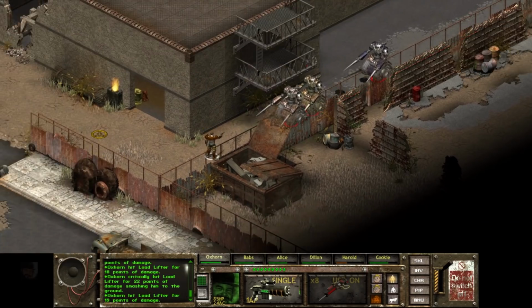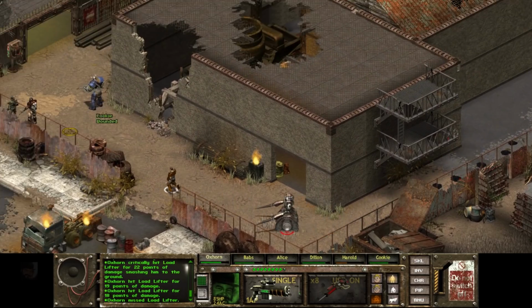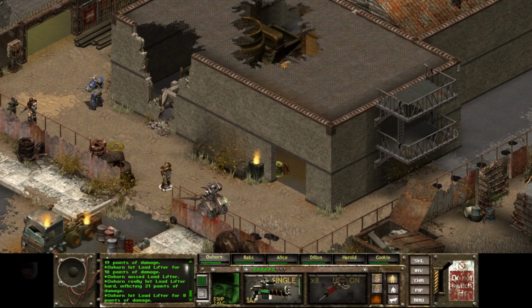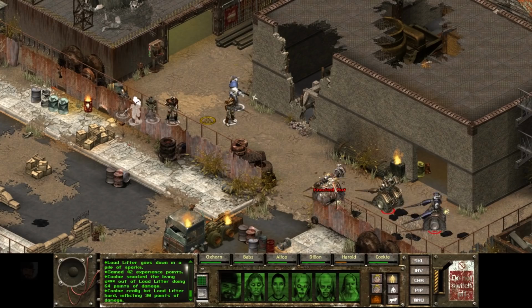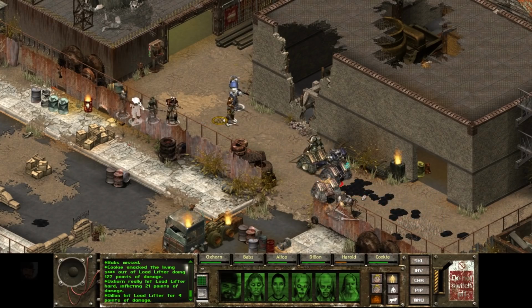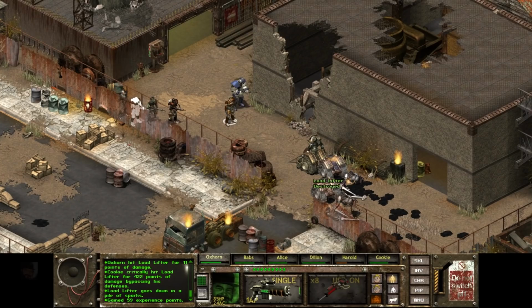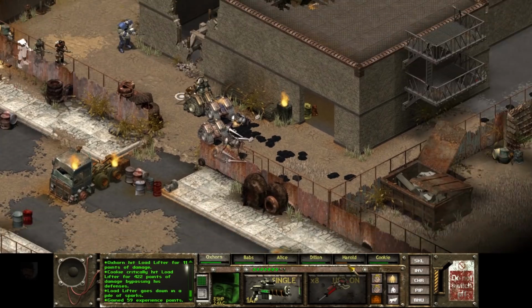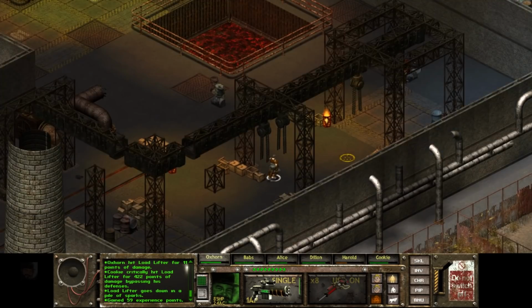And holy cow, my AP refills faster than I can consume it with this thing. But still, their HP is so high that they're all still alive by the time I drag them back to my squad. And they're done. But we still haven't completed the objective. There must be more robots here. Heading back to the building where we found these guys, we can finish exploring it to see if we can